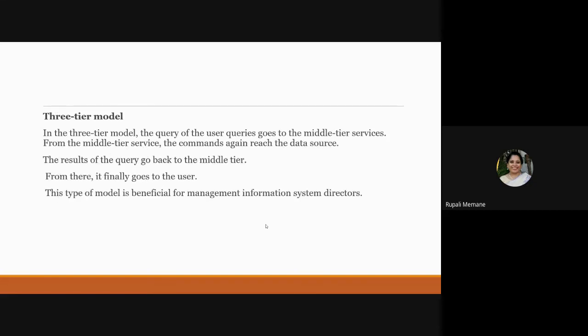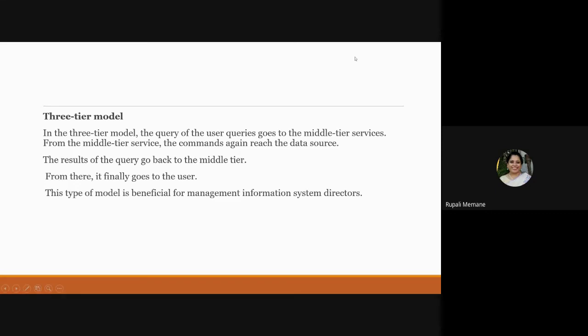So in 3-tier, the query or the user goes to the middle tier services and the middle tier to the data sources. So when your data is vast, when your data is stored at multiple locations, I need to have an intermediate server so that the machine doesn't crash, and the data is sorted and it is easy for us. As I said, if 1000 students go to the HOD and go on asking questions, it will be difficult for him to answer, and the system will crash. So this is the 3-tier model.